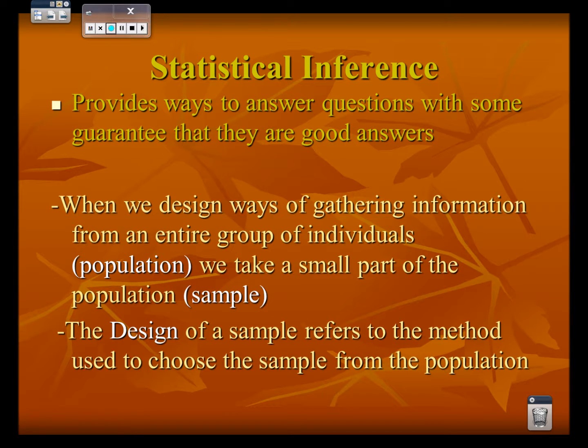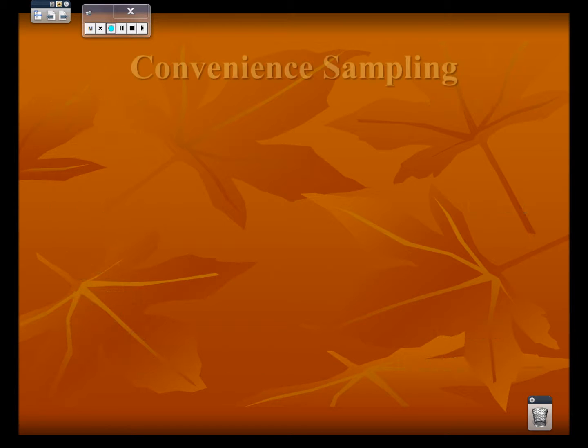So here's a few designs for you. Convenience sample. A convenience sample is when you just walk up to a group of people that are most convenient for you to reach. If I wanted to sample Damascus High School, maybe I just go up to A lunch, B lunch, or C lunch. It's quite simple to do. People are already collected there. They're not occupied with anything other than eating lunch. They can take a few minutes to answer some questions.